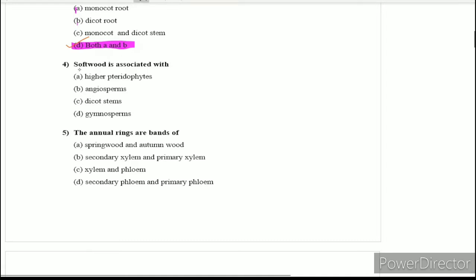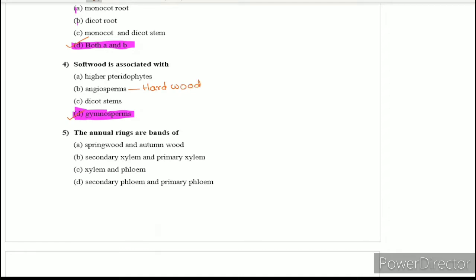So softwoods are always associated with gymnosperms. The correct answer is D, gymnosperms. Angiosperms are called hardwood,